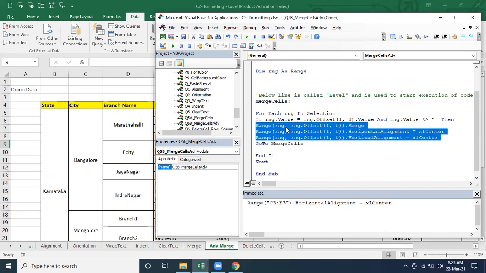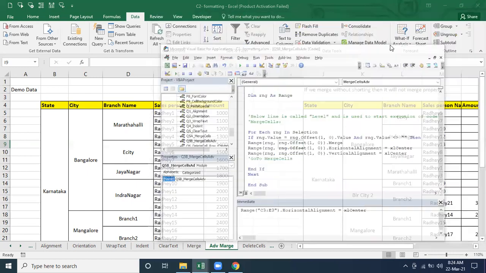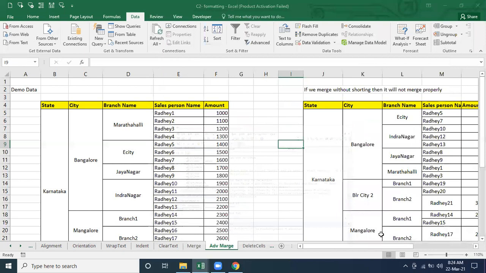If I'm going to find Bangalore Karnataka equals Karnataka, then I'm going to merge and do the alignment. Next, if I'm not going to use the next, it will come out from the loop from the next and then do this one. If you want to see, I can demonstrate it. Here I'm making it come in. Now what problem will come? You are going to analyze it.